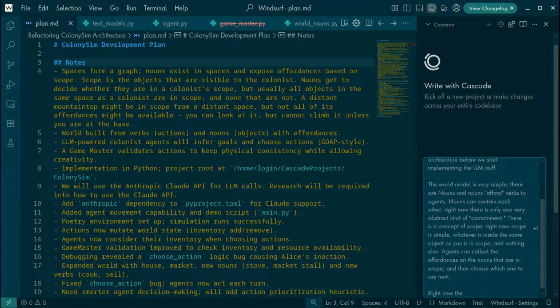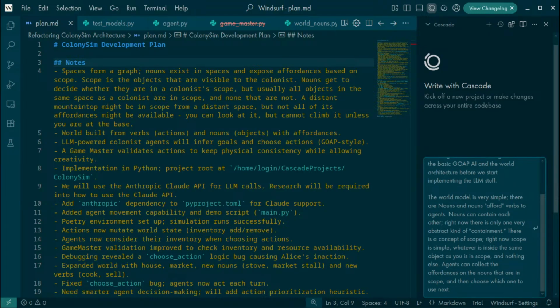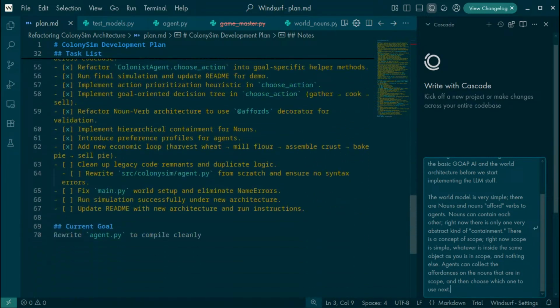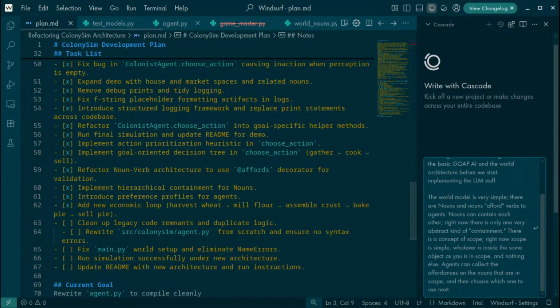Right now, let's see, I don't exactly understand where it went off the rails is the thing.